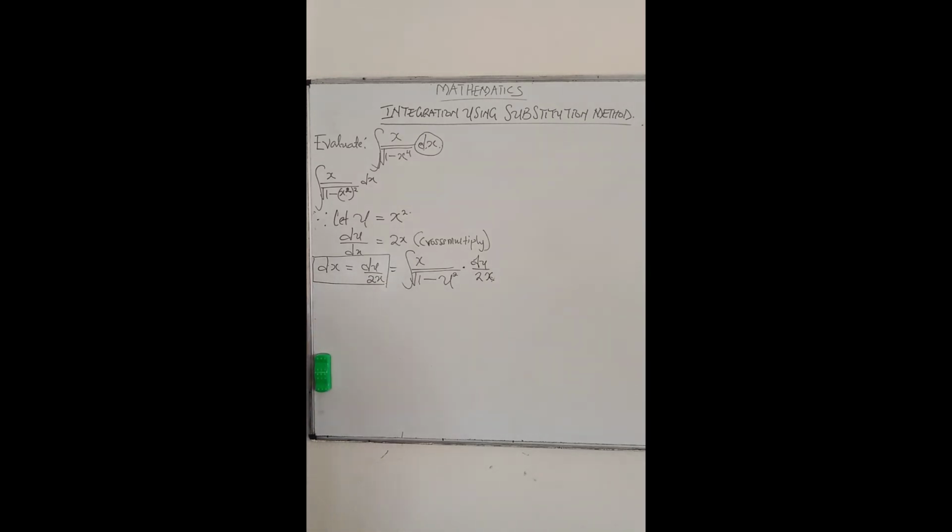Now, this is the simplest form. s eliminates s. So what are you having? You are having the integral of du over the square root of 1 minus u squared, multiplied by 1 over 2. If I take this one out, I'm going to have something like this, which is equal to 1 over 2 times the integral of du over the square root of